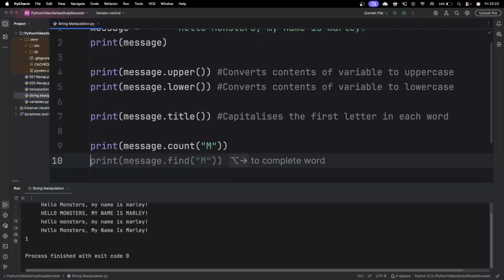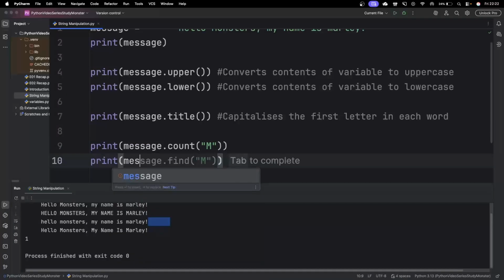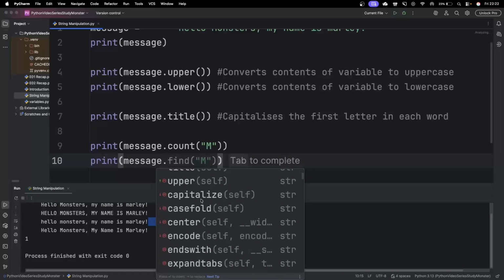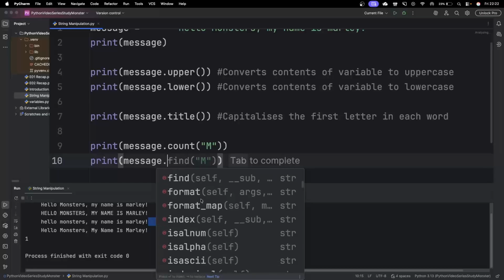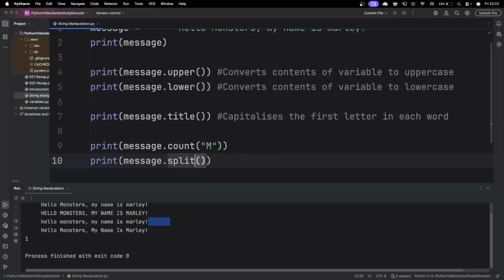So the final one that we're going to look at is stripping out of our string values all of these nasty little spaces that we've put in at the beginning, and we've also been putting in at the end. So you might think, and we can have a look at the library of methods available to us. So if we have a look down these, we've got count, lower, we've got title, we've got a whole host of things, but we're looking for something called strip. So I'll just type S in. So we've got split, strip, swap case. In this instance, we're going to use strip. So if we type stripping, not split,